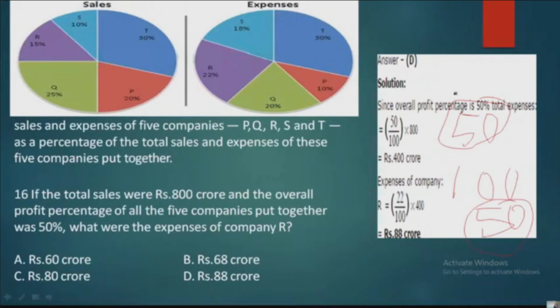See, 50 rupees I am investing, and in return I am getting 100 rupees when I sell something. Let us say there is object A. I am spending on decoration and all those things for that object A, that is 50 rupees. And in return, when I sell that object A, I am getting 100 rupees. So now when I'm calculating the profit, I have to remove this 50 rupees and I have to calculate the 50%.